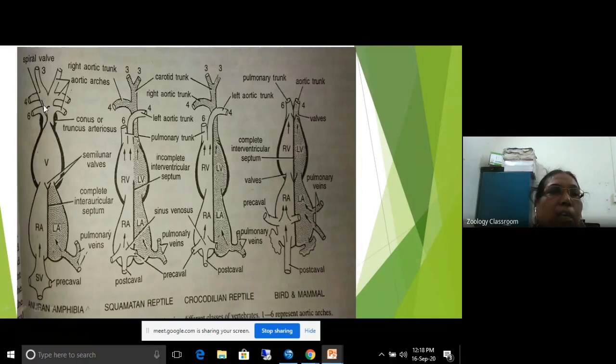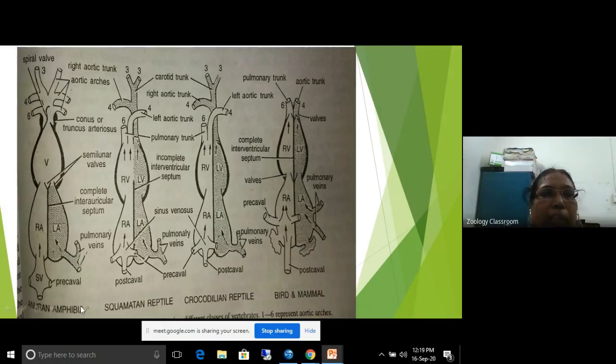Then this is the spiral valve: the conus arteriosus contains the spiral valve, and its lumen is called the phalangium, and there are the aortic arches. The conus arteriosus is divided into the cavum pulmocutaneum and the cavum aorticum. So this is the three-chambered heart, two auricles and one ventricle, and mixed blood is supplied to all